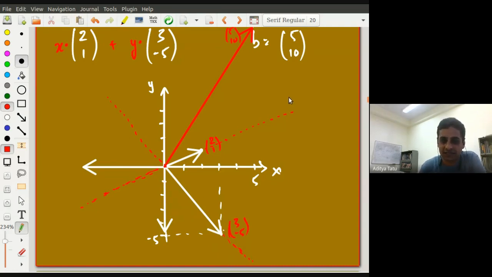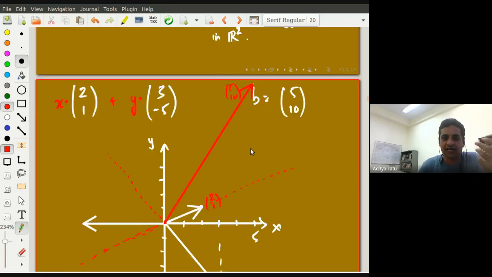So as was rightly pointed out, all we have to do is find appropriate scalings of these vectors (2, 1) and (3, minus 5) such that the addition of these scaled tuples gives you this point (5, 10). Okay, so this is sort of the second geometric interpretation behind a linear system of equations,